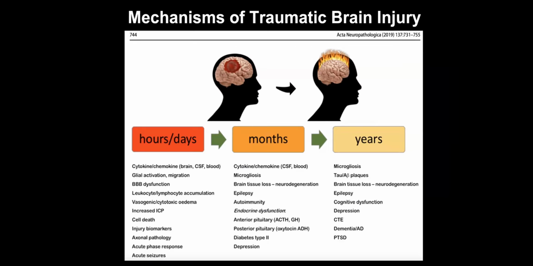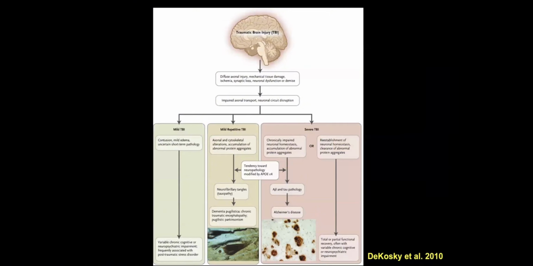In some subsets of individuals with traumatic brain injury, like individuals playing sports with these chronic, repetitive subconcussive blows, we can see chronic traumatic encephalopathy. And yet, in many other individuals, we can see the development of dementia and Alzheimer's disease, as well as the evolution of post-traumatic stress disorder, which people talk about as being related to emotional trauma, but emotional and physical trauma travel together. And so individuals with traumatic brain injury often have post-traumatic stress disorder.